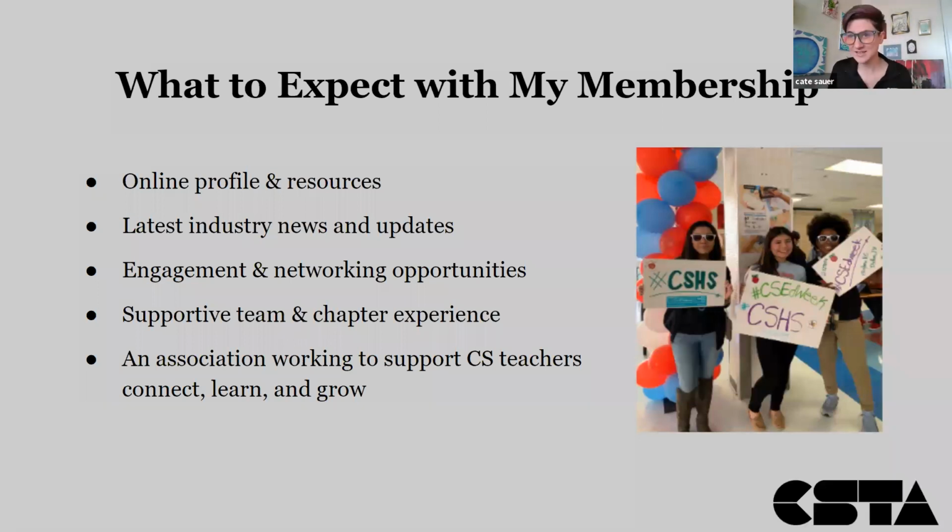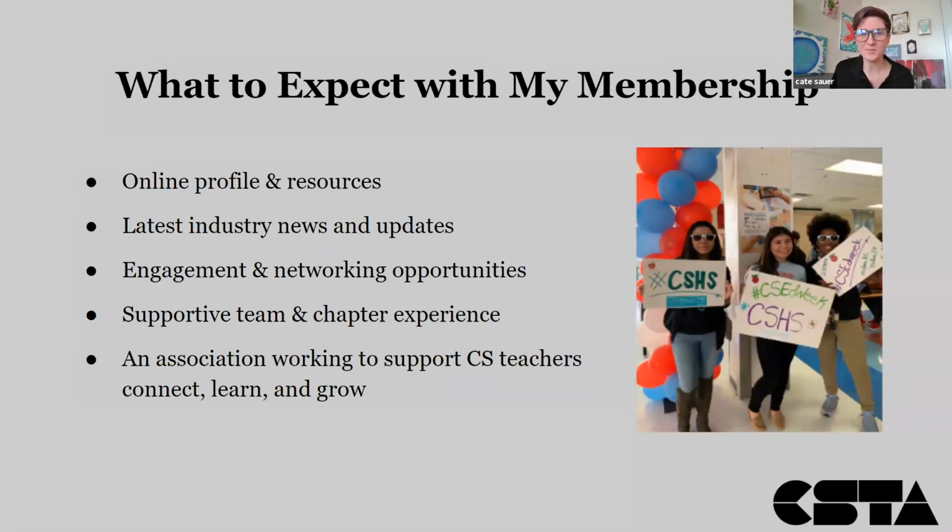When you become a CSTA member, and as Jake said, we've been around since 2004, we've changed quite a bit in the past couple of years in developing our reach and what PD we're offering. Especially in the past few years, our focus has been on equity in computer science and how we can reach those underserved students and connect them with computer science and make sure we're supporting teachers equally.